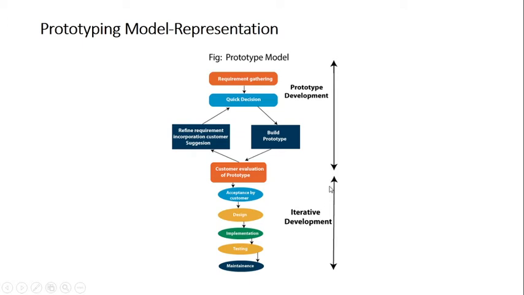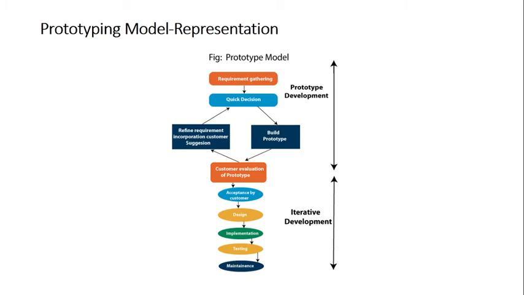So we are externally writing here, it's an iterative way. That means if you have any error or you want to make changes here also, then you can go back and make the relevant changes in the respective phases. So it's an iterative development. So I hope this figure is clear to you. Initially requirements, quickly develop the prototype and give it to the customer for evaluation. Once the customer is satisfied, using the iterative approach, develop your software.